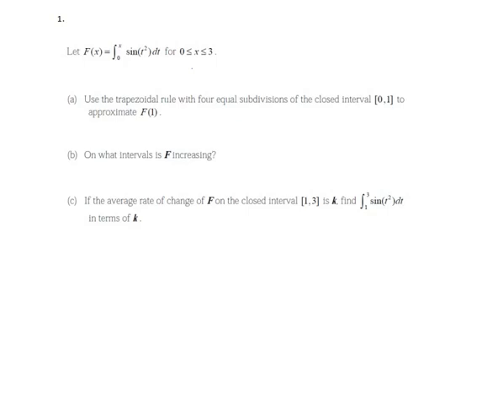We have capital F of x is equal to the integral from 0 to x of sine of quantity t squared dt for x greater than or equal to 0, less than or equal to 3. A. Use the trapezoidal rule with 4 equal subdivisions on the closed interval from 0 to 1 to approximate F of 1. And the first thing that I want to do is to set up